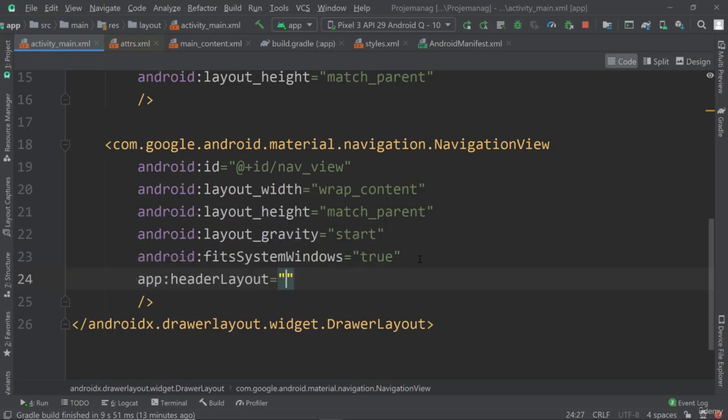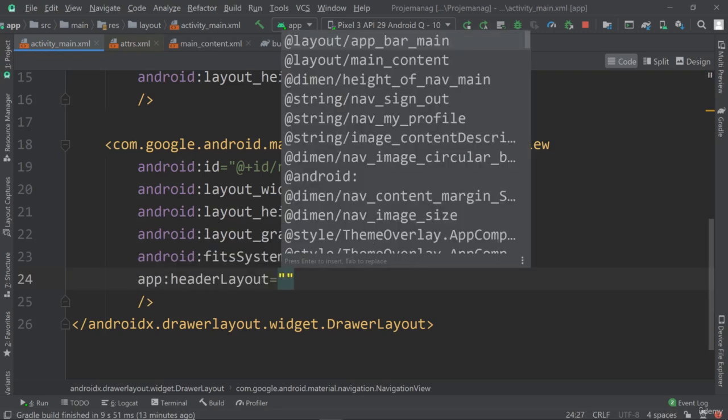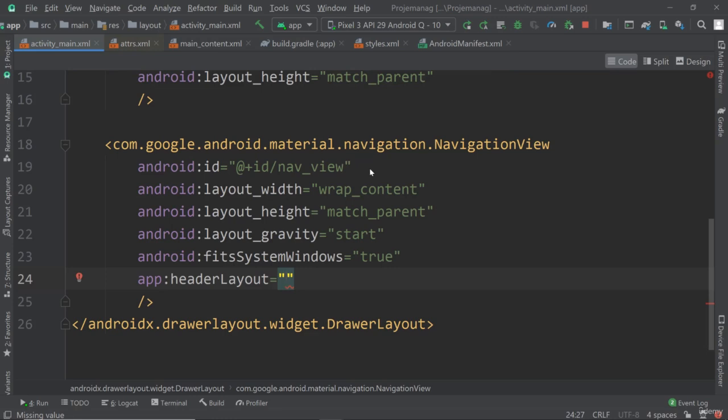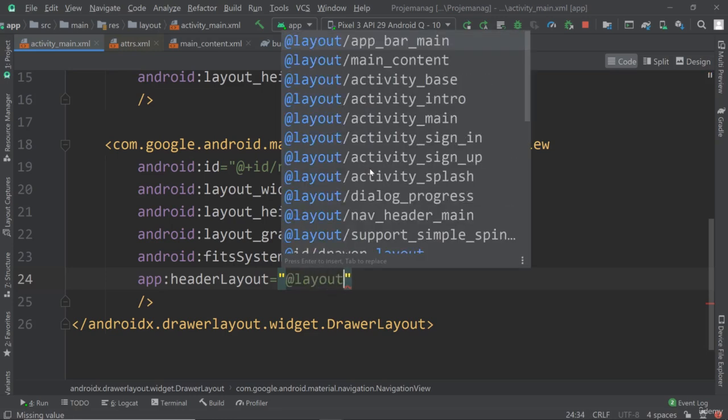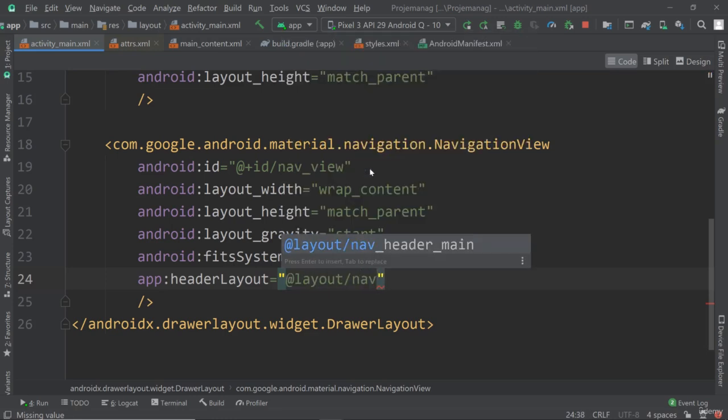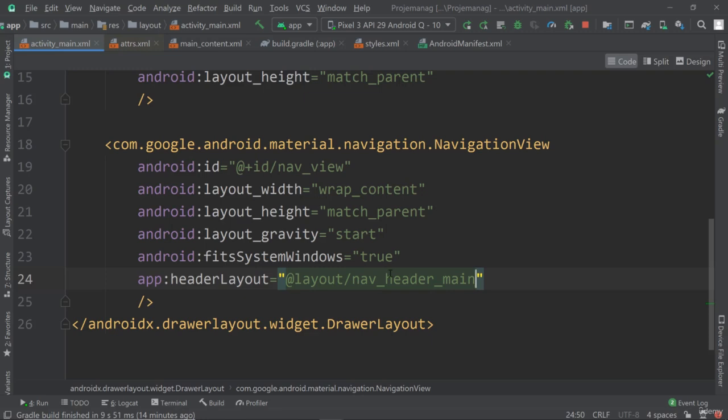So there is this header layout, and therefore I create a new file. So add layout nav header main, and you can type in the whole text and then also auto create this file once you have entered this, because it will appear as an error. So create this file,